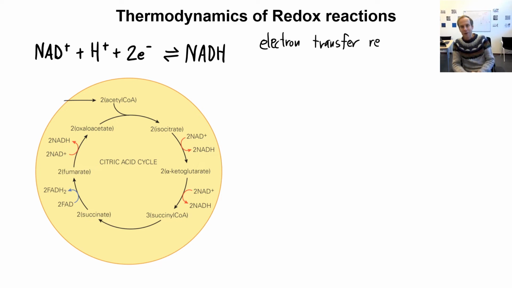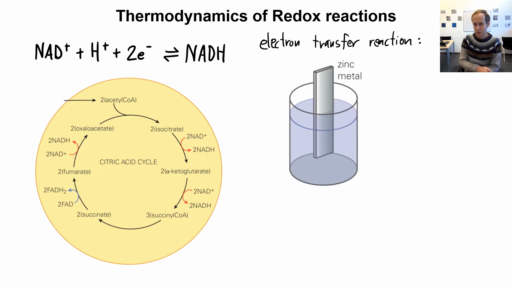So this is an example of an electron transfer reaction, but it's quite complicated, as you see here. The most simple way to actually illustrate such electron transfer reactions is with metals and their corresponding salts. So here a metal plate out of zinc is submerged in a solution of copper sulfate in water. If you put copper sulfate in water, it forms two ions. Because it's a salt, it forms copper 2+ ions and sulfate 2- ions, which will be inside of this